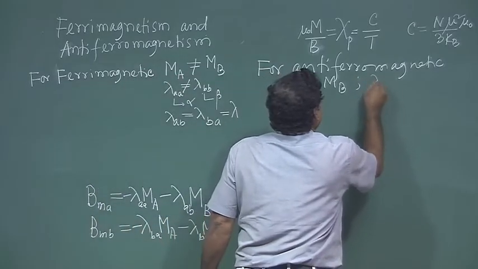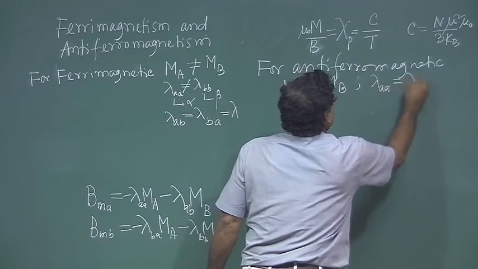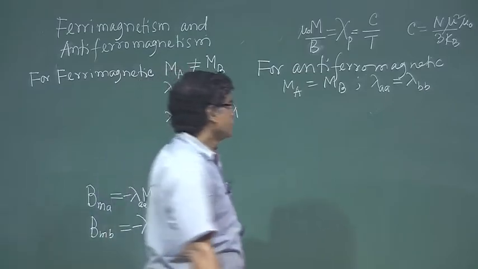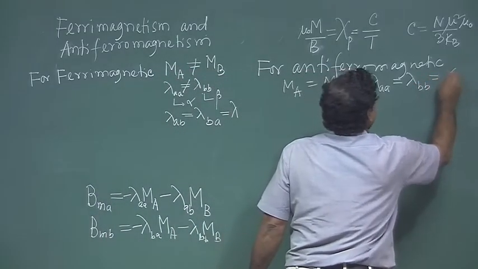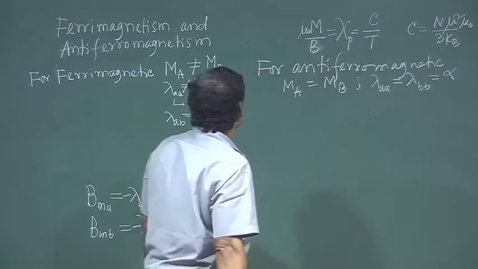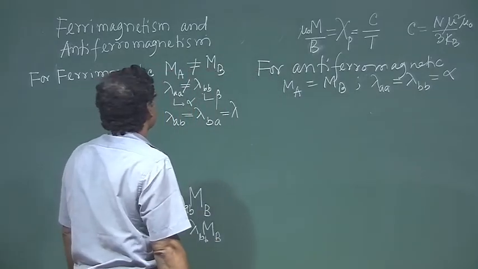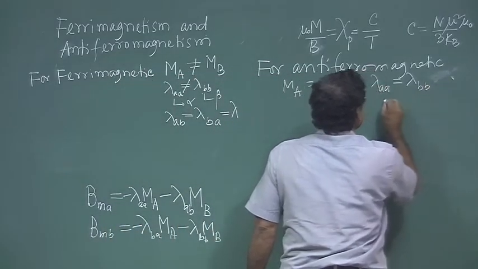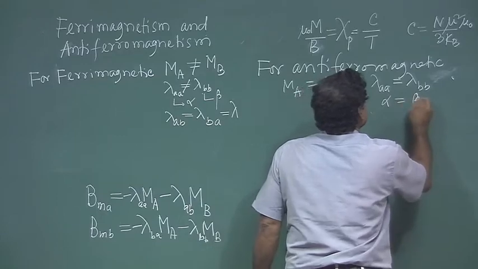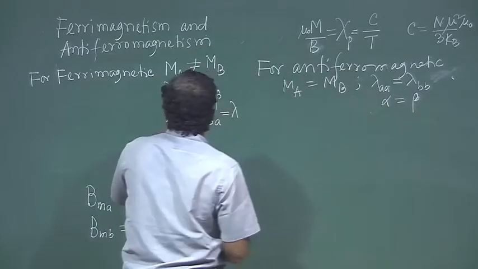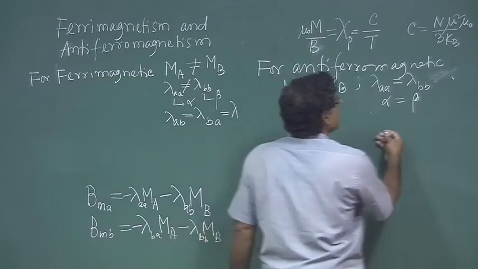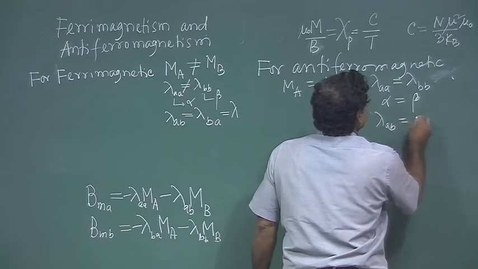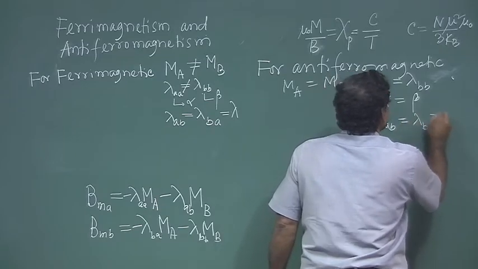Then lambda A A will be equal to lambda B B, okay. So, say this we are writing alpha, or whatever beta we can write. So, that means alpha equal to beta, okay, in this case. And of course, this one is again same, this lambda A B is equal to lambda B A, say it is lambda,